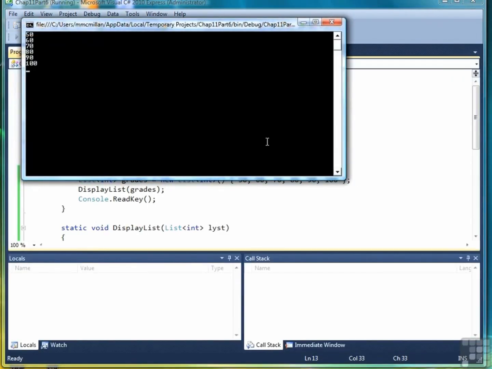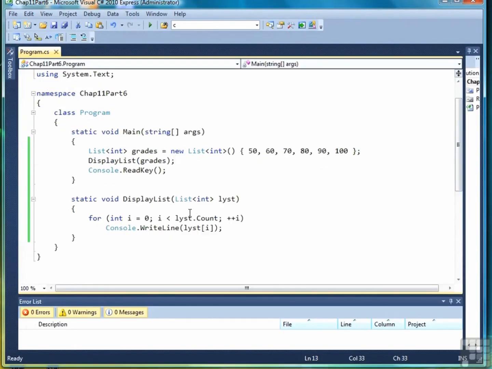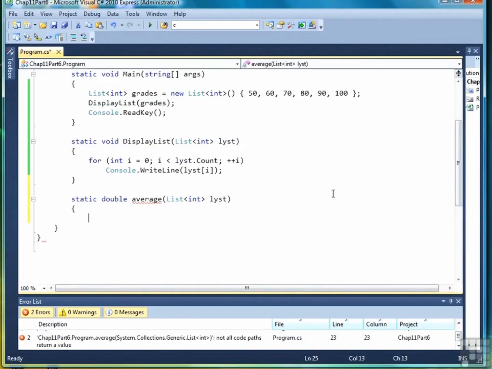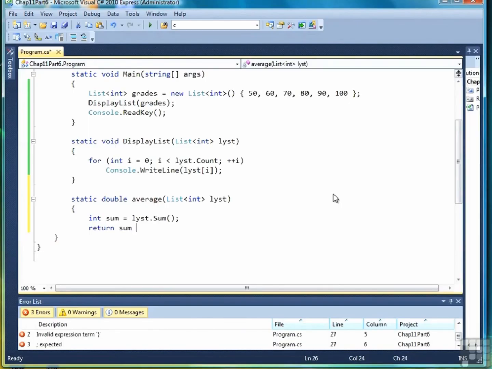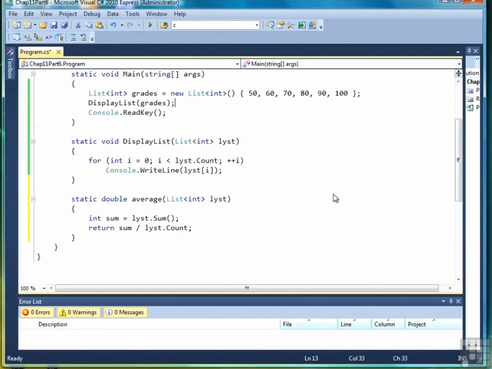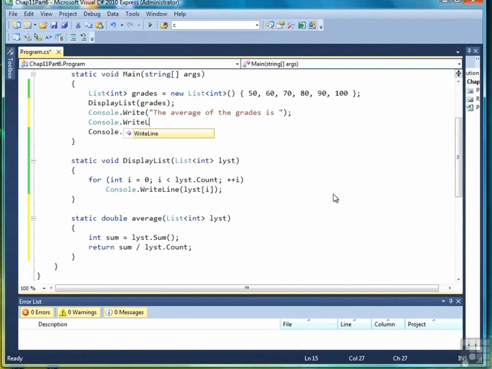and there's our list. The next thing we might want to do is create a method that will compute the average of the grades. So we'll call this one static double Average. And again, our list has the one parameter. Bring the screen down a little bit here. Okay, so find the sum very simply, and then return sum divided by list.Count. And that's all we have to do. Back to our main program. And we'll do a Console.Write, like so. Let's run the program,